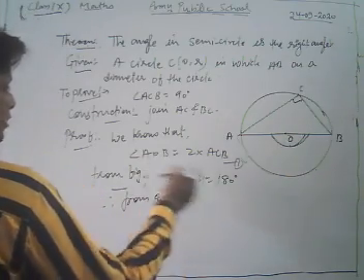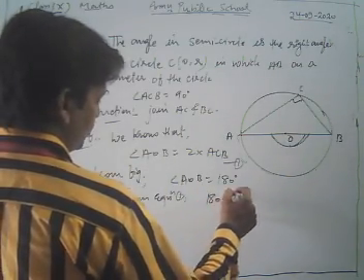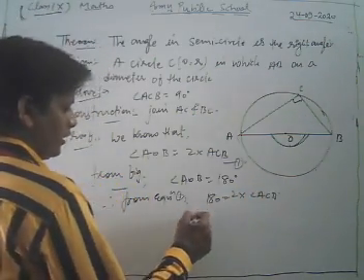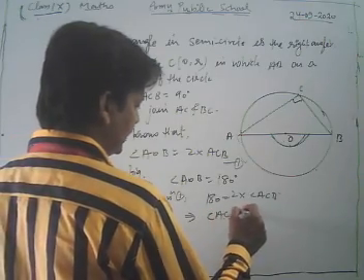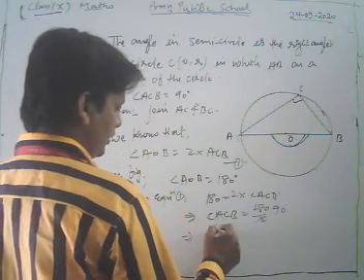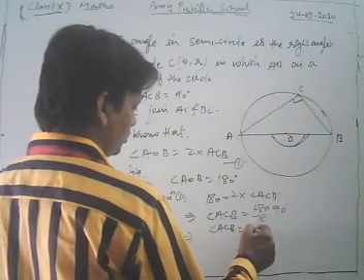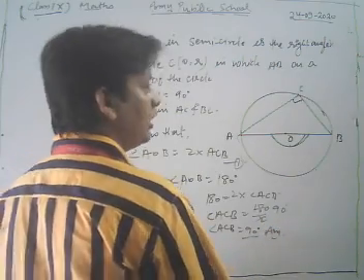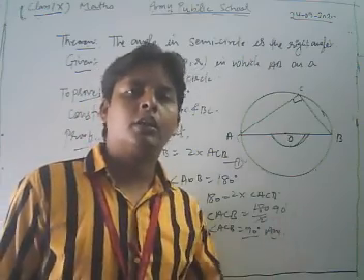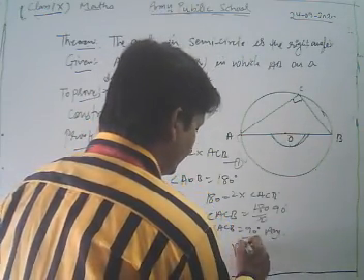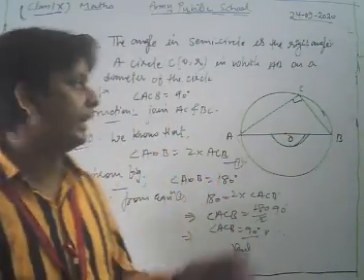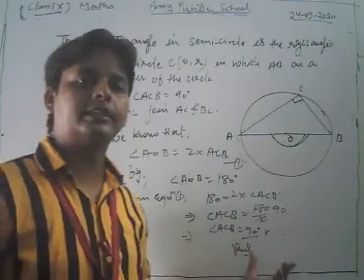So from equation 1 we have 180 is equal to 2 times angle ACB. In this way we get angle ACB is equal to 180 upon 2, that is 90. That is, we have angle ACB is equal to 90 degrees. This is our required answer. In this way, hence we can say that this is proved. We can say that the angle in the semicircle is a right angle, that is 90 degrees.